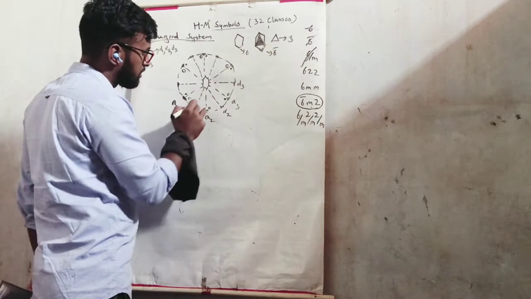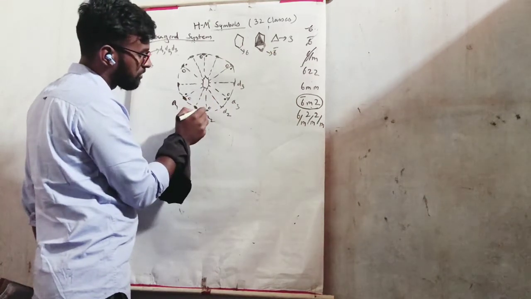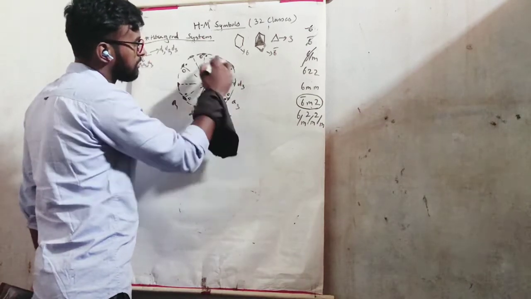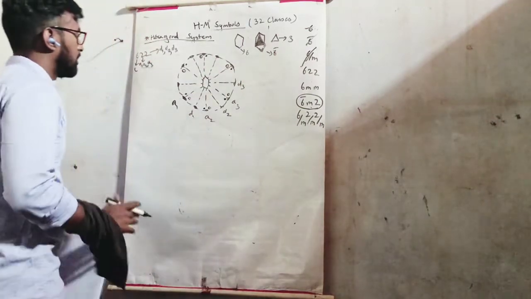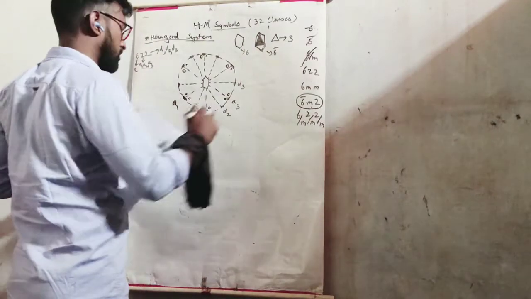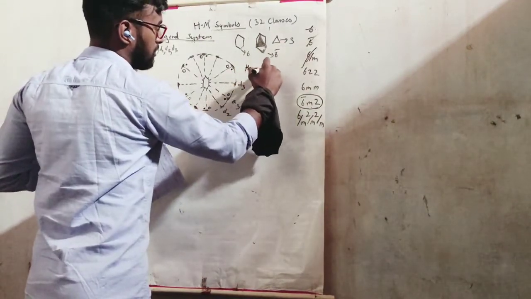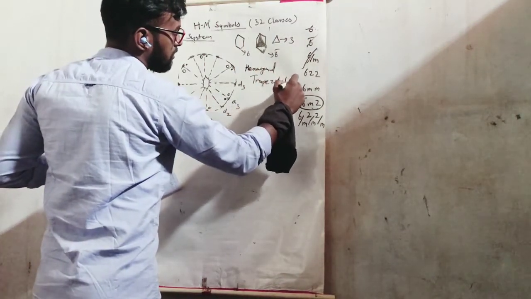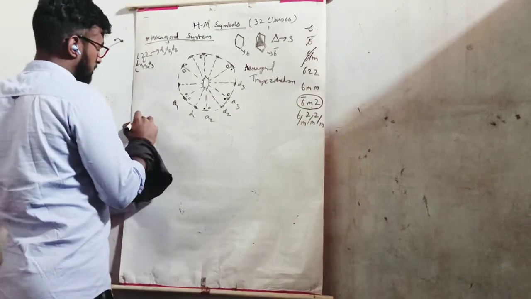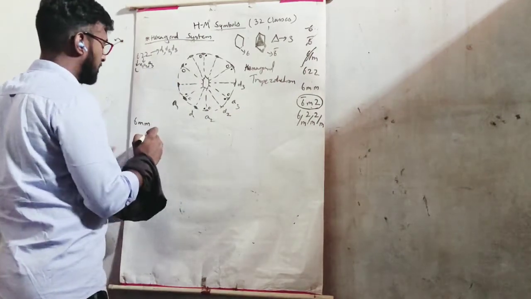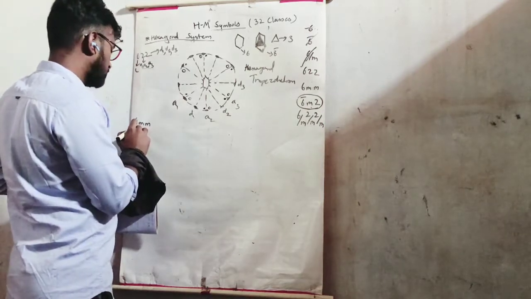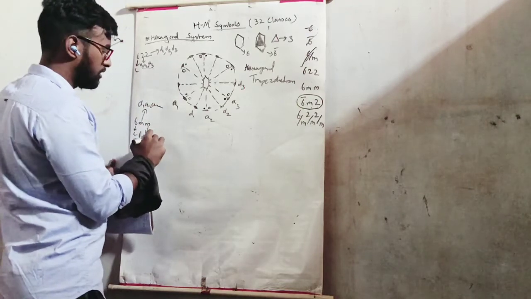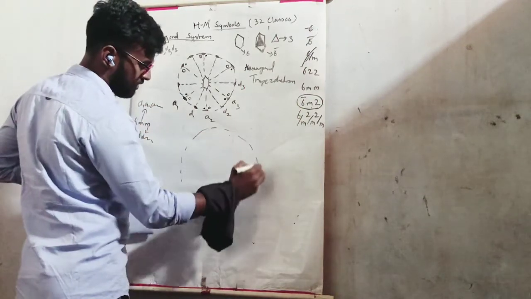Now see, automatically the D1, D2, D3 will have their operation calculated. For D1, this is D1. This element has its 2-fold projection as a dot here. And for D2, you will have this dot as a circle here. So it gets calculated automatically. So this is the hexagonal trapezohedral pattern. For 6mm, you can also guess the name. This is C. These are A1, A2, A3. These are D1, D2, D3. So circle.